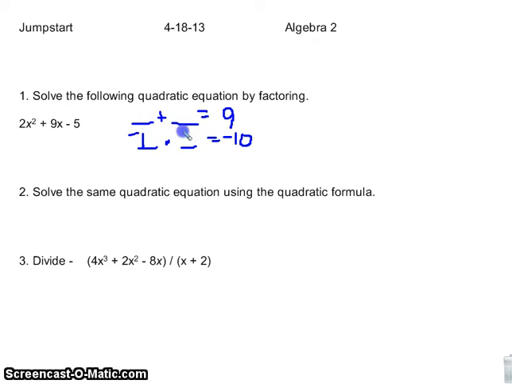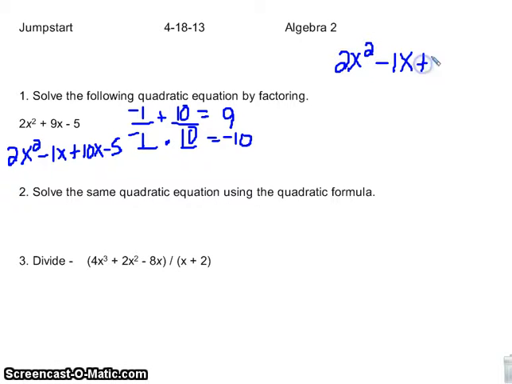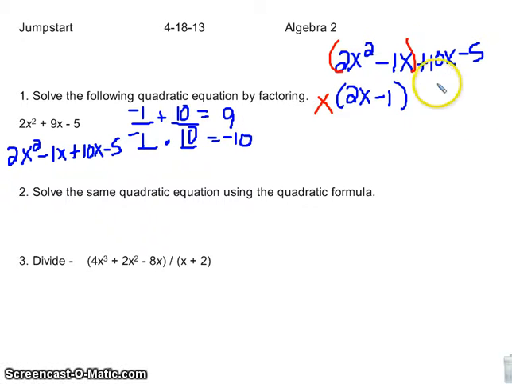I think I'm going to make the -1 first because that just makes it easier when we're factoring. So that means we're going to split this into 2x squared minus 1x plus 10x and then minus 5. I'm going to write that over here so we have enough room. 2x squared minus 1x plus 10x minus 5. And so if I group my first two, what's my GCF there? X. The only thing you can factor out is an X, and that leaves me with 2x minus 1. What's my GCF of the second two? 5. So I'm going to factor out the 5, and that leaves me with